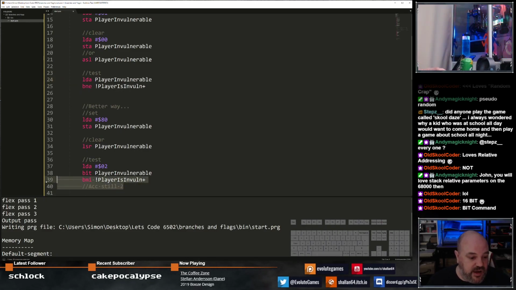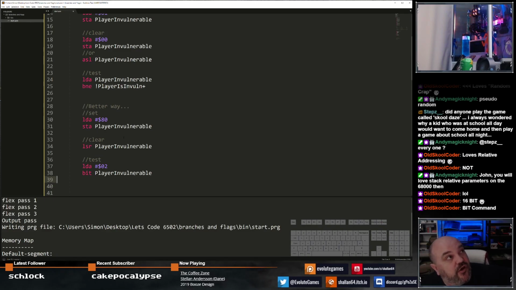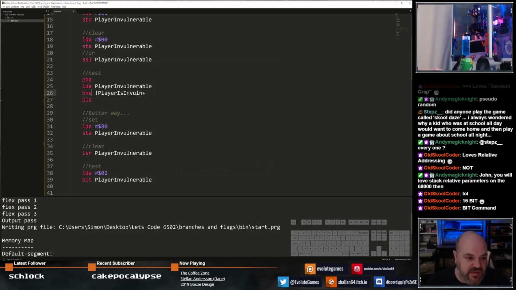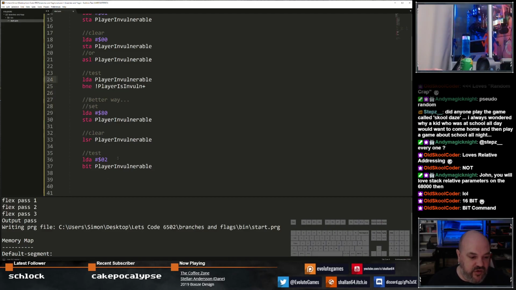So this is a nice, neat way of doing flags. It's something I want to make more use of at some point, because I think it's quite a neat way of doing flags. I do have quite a lot of them in the game, and there's probably quite a few bits of code where I'm having to push the accumulator onto the stack, and then pull it again when I'm in this function. It just gets messy. Whereas this avoids having to do that at all. So I'll keep this in here because this is a nice little piece of code, and this just relies on that 0 flag. I think while we're at it, I'll explain the bit command in a little bit more